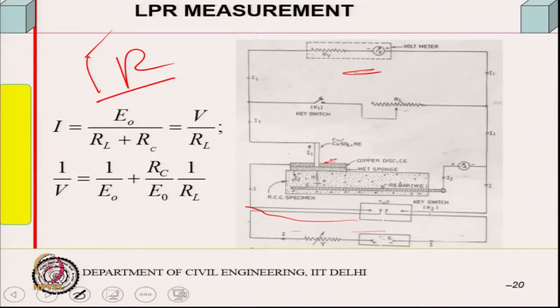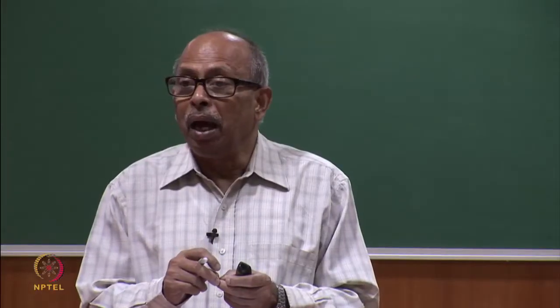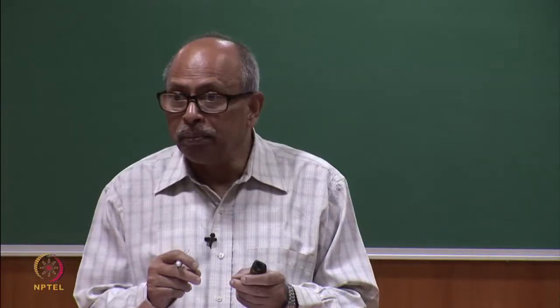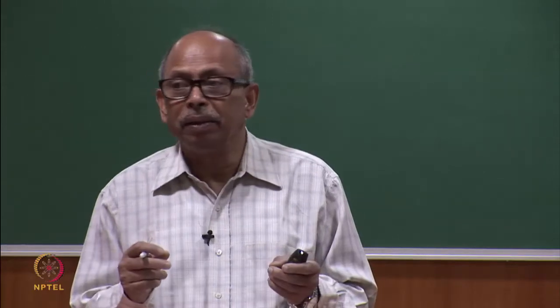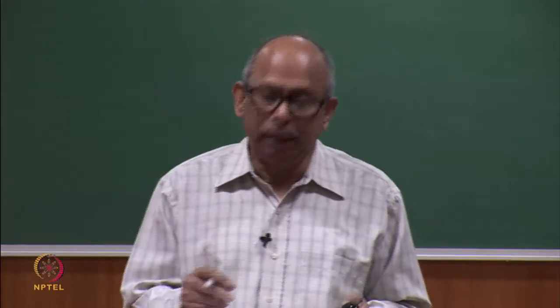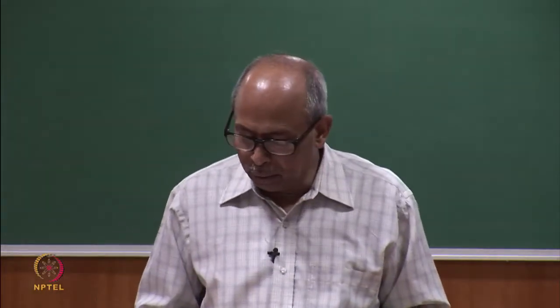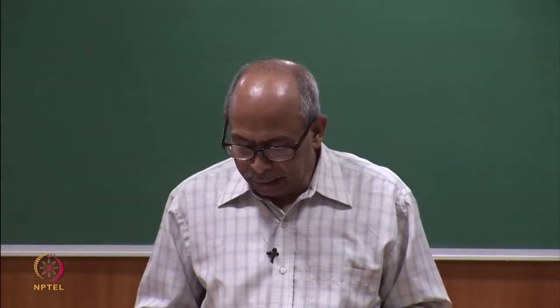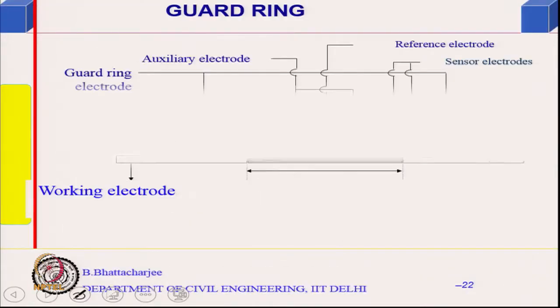Not exactly resistivity, but some relative measure of the resistivity you can find out, because there are uncertainties related to the area. But relative resistance you can find out. For the same current, one concrete shows a higher IR drop, which means its resistance is more, while another shows less IR drop. So, relative resistivity also you can find out. I will not look into the details of how to eliminate IR.